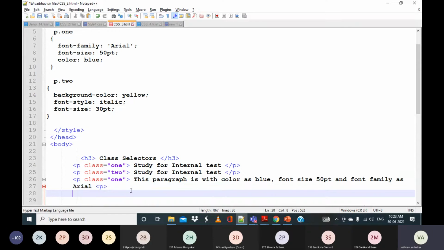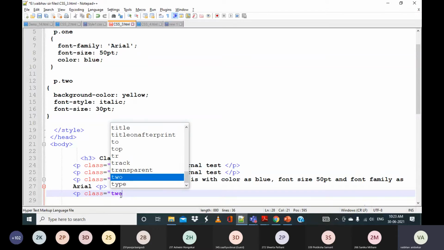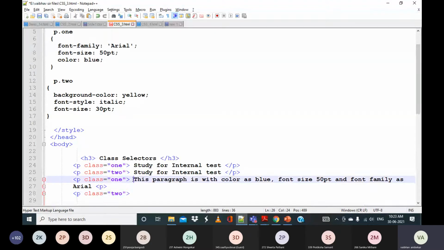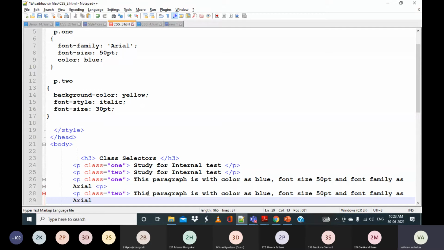And I want to have another paragraph for where I want these properties. So what I will do, I will take this same paragraph P, then class equal to 2, and whatever information I have, I can put it out. Need to make changes.